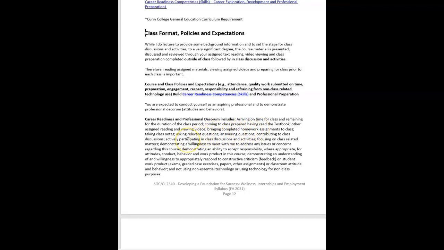Bringing your class preparation work to class, taking class notes, asking relevant questions, answering questions when they are asked of you, contributing to discussions and activities, focusing on class-related matters. Please do not use your cell phones or your computers or your tablets for any non-class purposes. That would be a breach of workplace policies at any of the entry-level careers that you are thinking about, or